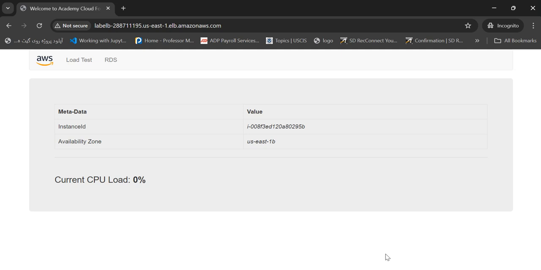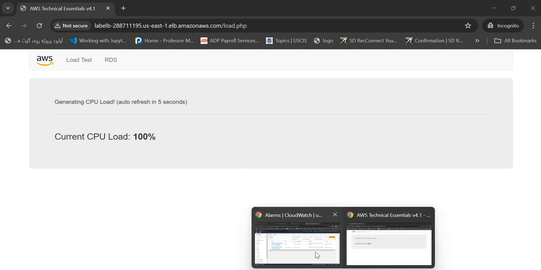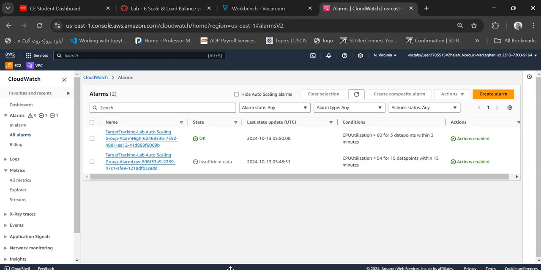Right now on this page, I want to choose Load Test, beside the AWS logo, and this will cause the application to generate a high load. Okay, I choose Load Test, and currently the CPU load is 100%. And I return to CloudWatch. We are here, and after refresh,